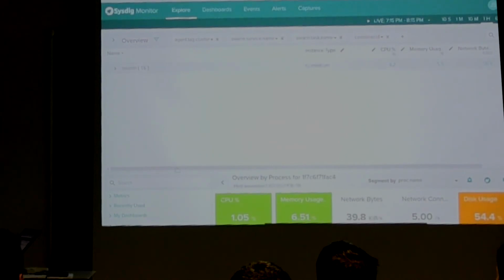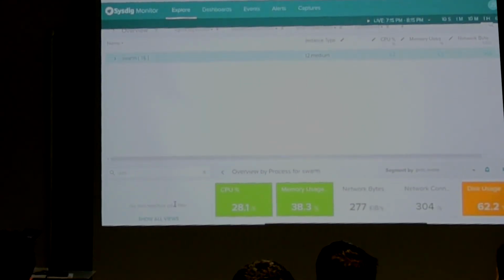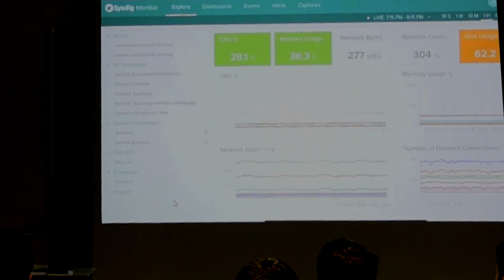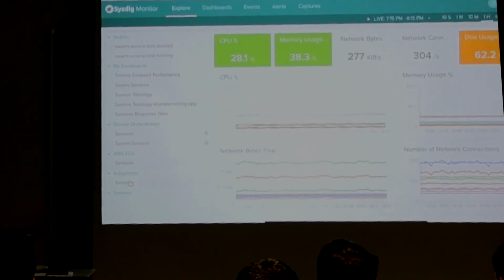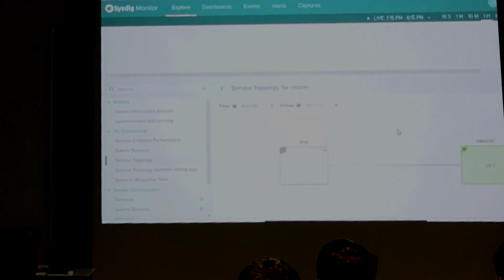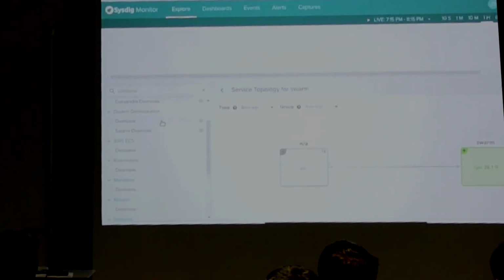So I have my swarm cluster, and I come here, and I want to see the service overview. Where's service overview? So now this is service topology. Where is this? Overview.